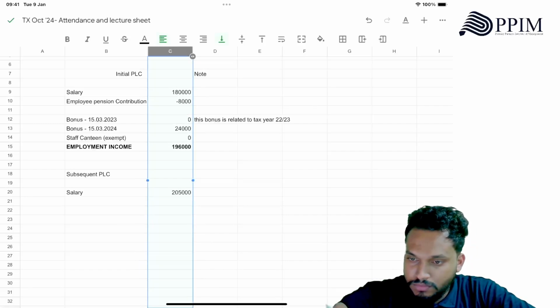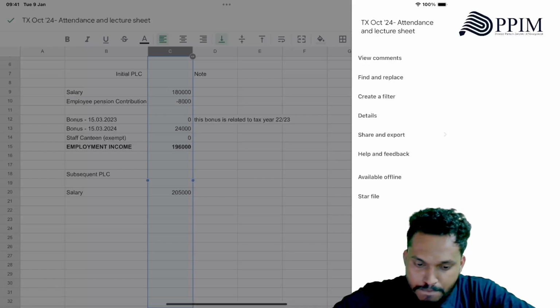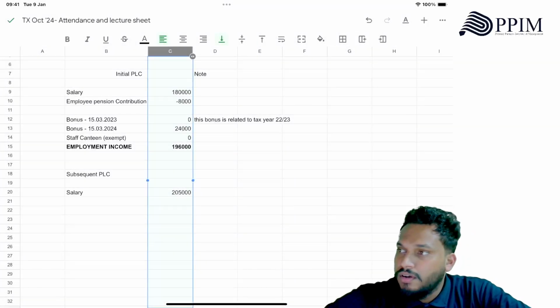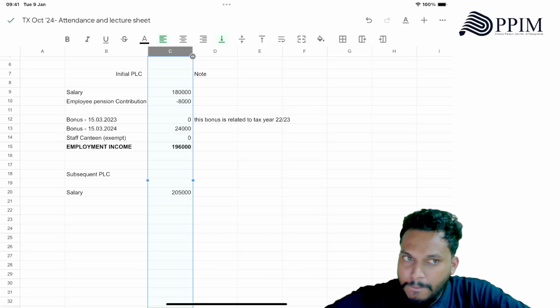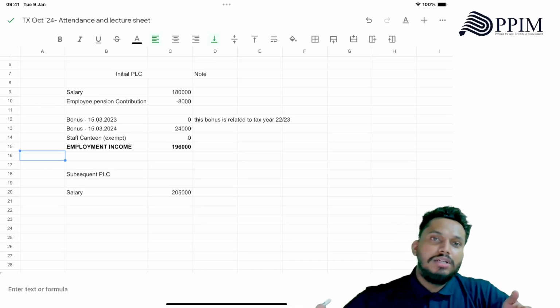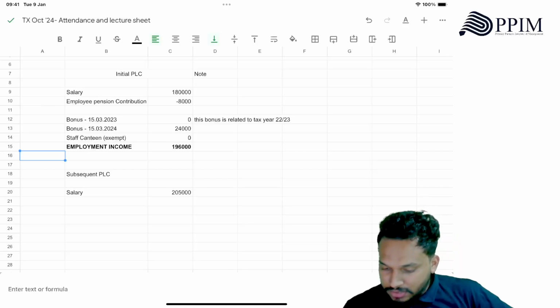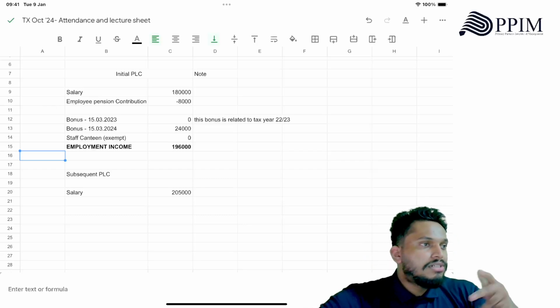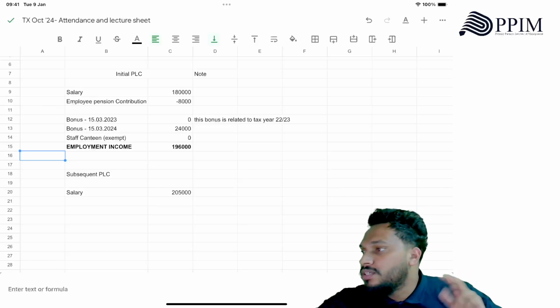Small question. He's joining on 15th March 2023, right? And you're also doing the taxation for 23 and 24, right? Yeah. Also, you want me to prorate it then. Why do you need to prorate? What is the question? They are asking you to estimate how much income tax he would need to pay. Okay, so you need to just compare for a year how much he's going to pay.